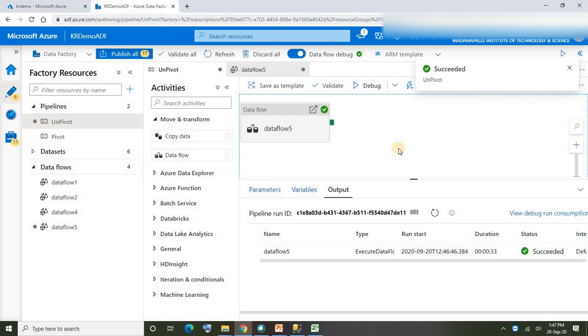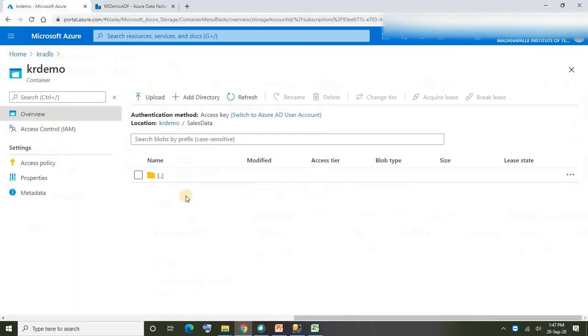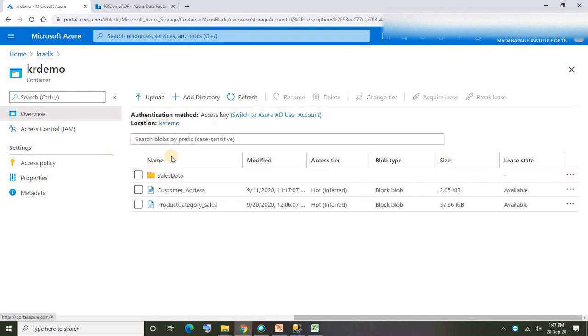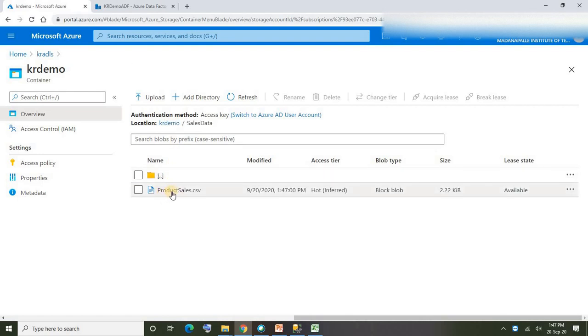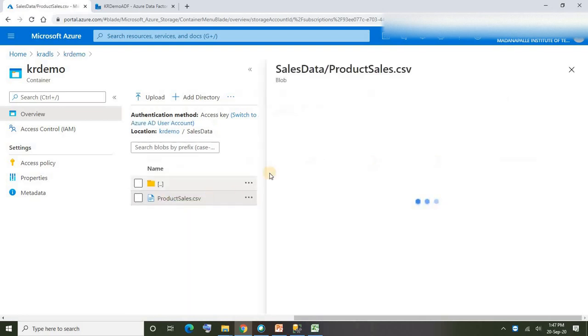Now let's validate whether our data is loaded properly or not. Let me take you into ADLS. All right, we are in ADLS now, in the KR demo container. Go to the sales folder. Yep, under the sales folder a file called product sales.csv is created. Let me open the file.